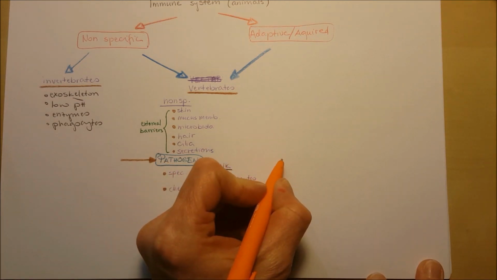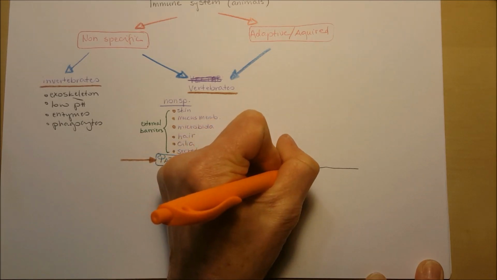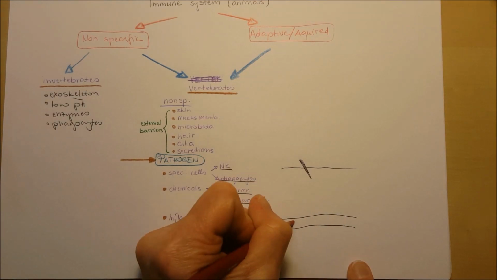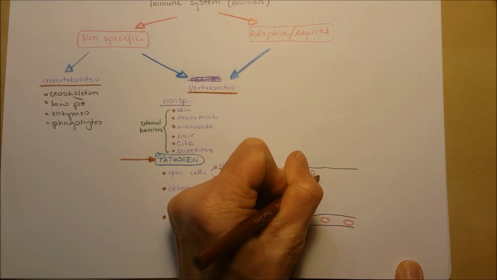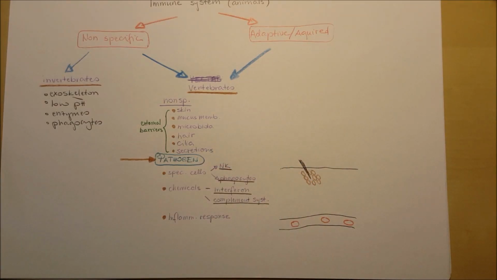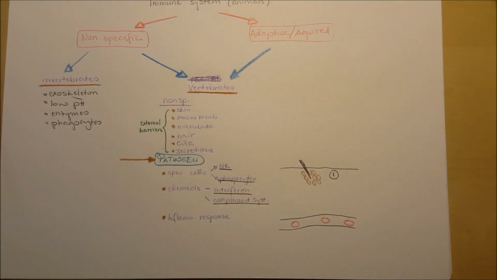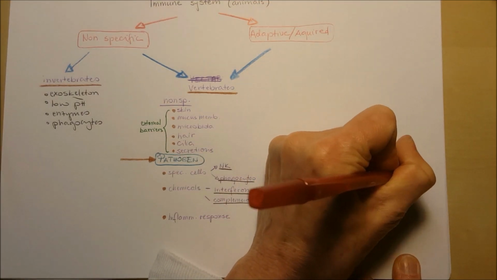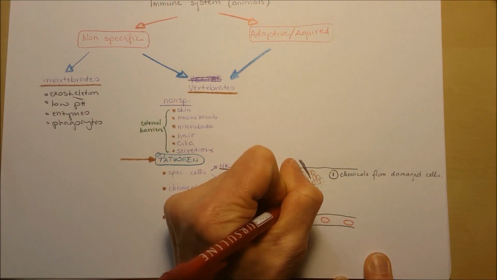Let's take the scenario where we have the skin and there is a thorn that penetrates the skin, so the external barrier is not intact anymore. So here are the blood vessels. Now these are the cells around the thorn, and the bottom is the blood vessels. Number one step is the damaged cells that the thorn damaged around, they start to release chemicals. And these chemicals are going to